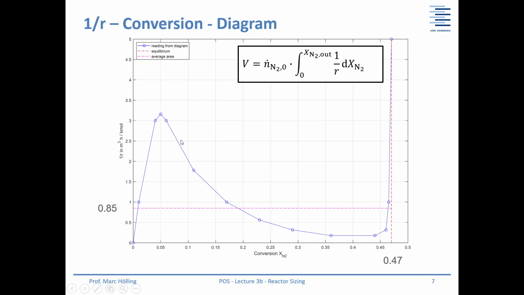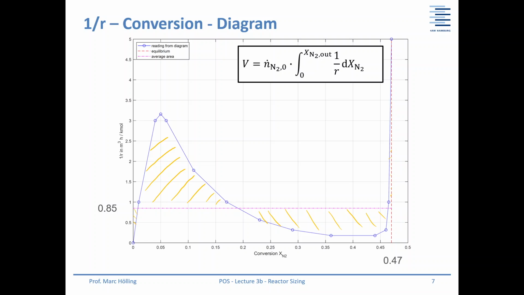So then you get a curve that looks like this. And what I did is I just estimated that this curve here should be equal to this area here. If I do this, then I have my rectangle,